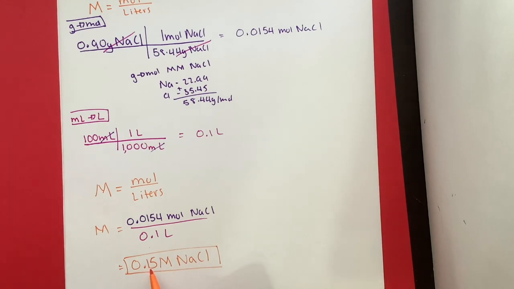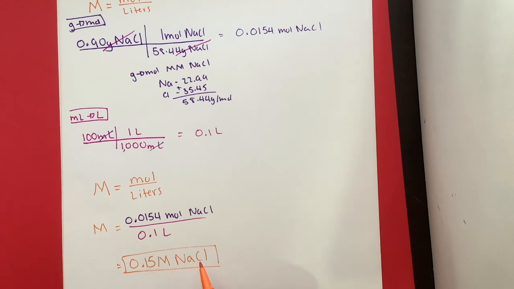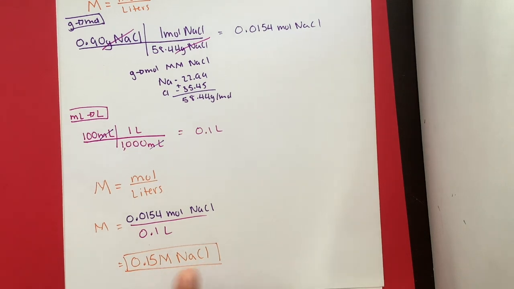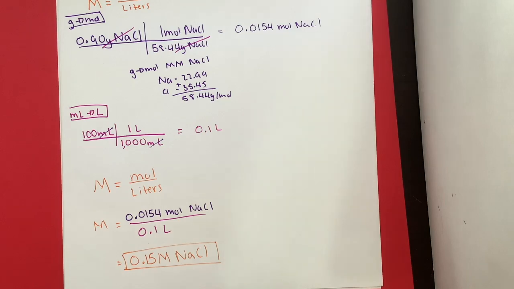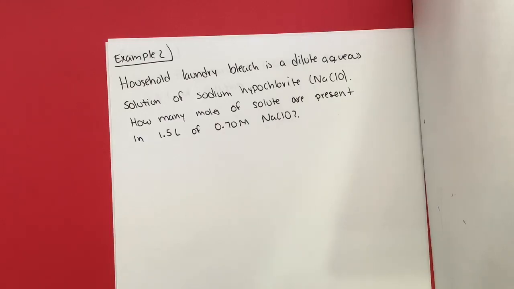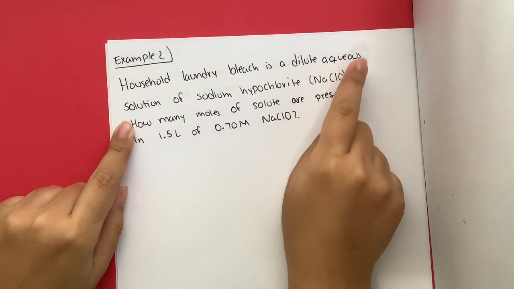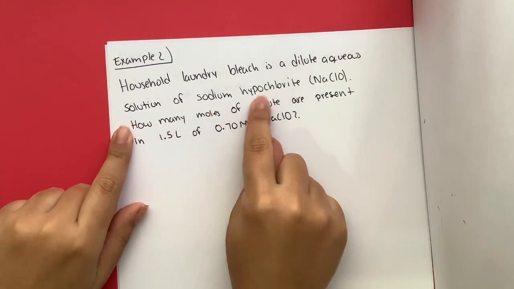That is how concentrated I have. So that means that I have 0.15 moles of NaCl for every 1 liter of solution. Okay, so if I were to have 1 liter of this NaCl solution, I would have 0.15 moles in that 1 liter. So example 2 says a household laundry bleach is a diluted aqueous solution of sodium hypochlorite,